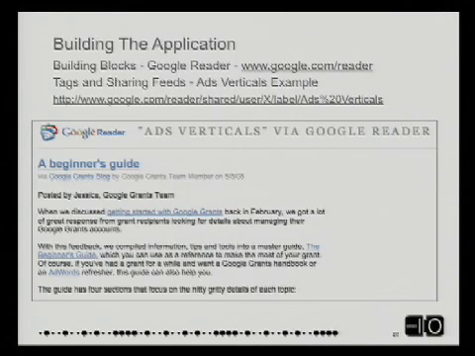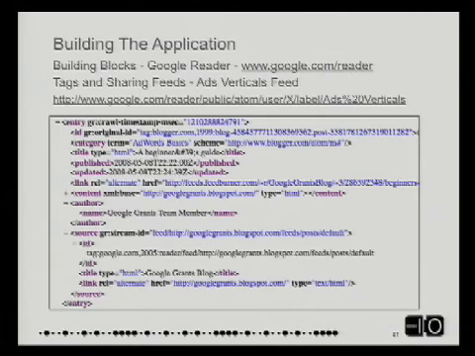And so at the top, if you see, it says google.com reader shared user X. X is a big, long GUID for the user ID. Then label adds verticals. The %20 is obviously needed there. But you get the gist of what it is. It's very, very simple how to actually generate those URLs. The little yellow RSS feed that shows up in Firefox, when you click on that, gives you something very similar and obviously gives you a feed. Now, the feed is ugly to look at, but for the purpose of what we're trying to do, that's what we want. And Reader gives this to you all for free.